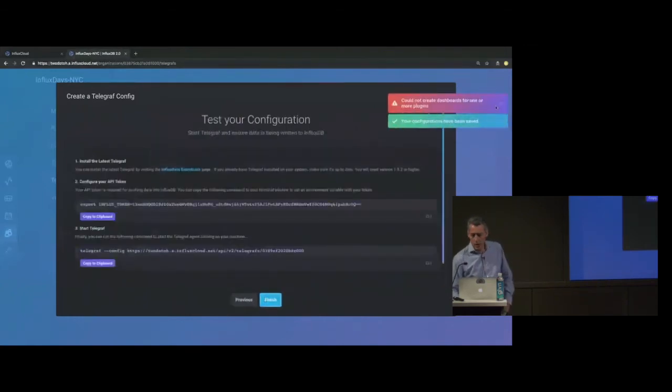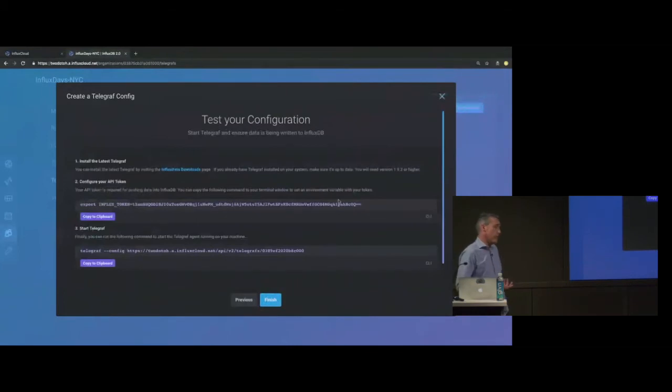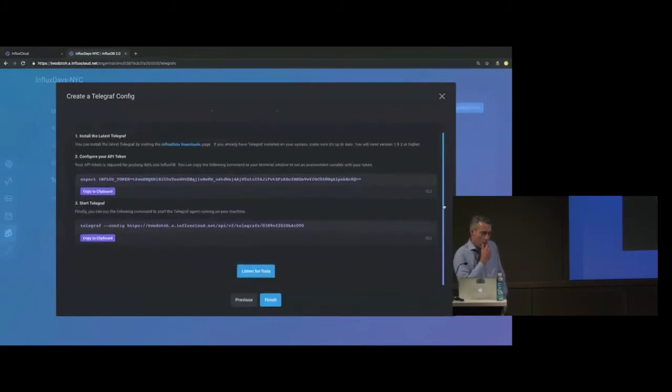Now, the thing that shows up immediately is, okay, so you've got your configuration. How do I get it out to the Telegraph agent? Number one. And number two, I'd like to make sure this is all configured correctly. So as Paul mentioned, the security is built in from the start. And if you want to hack my instance, you can, because I'm splashing my security token right here for you. So take a picture of that. But essentially, you can copy that to the clipboard and place it either as an environment variable or as part of the actual config file for where you're going to run that agent.